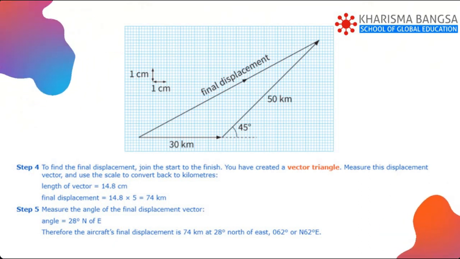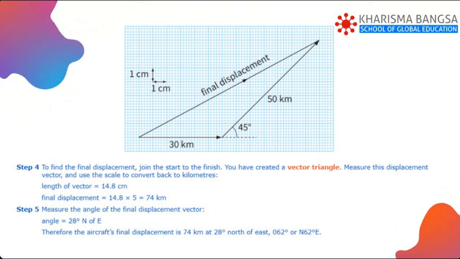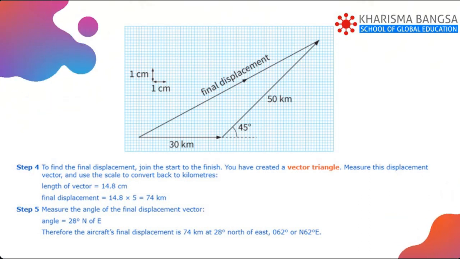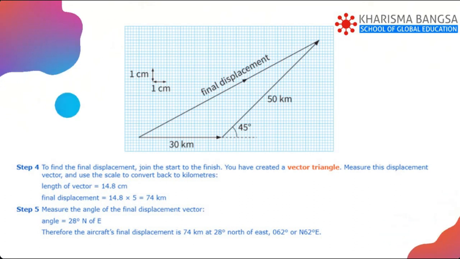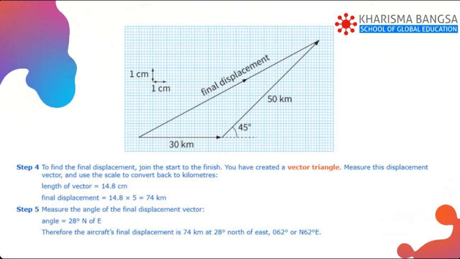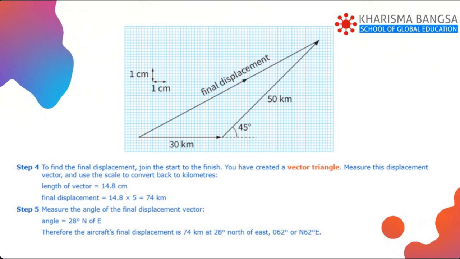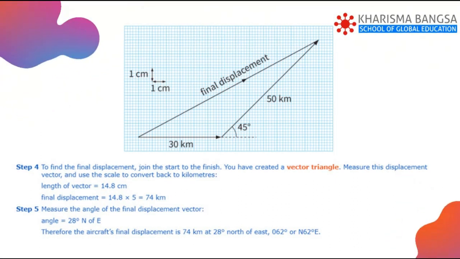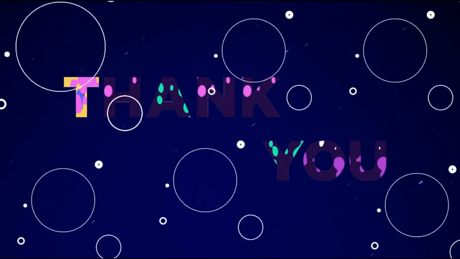The last step that we need to do is measure the angle of the final displacement vector. From the measurements, we can find that the angle is 28 degrees north of east. Therefore, the aircraft's final displacement is 74 kilometers at 28 degrees north of east, or 62 degrees, or N 62 degrees E. Since we have learned from the first topic and the second topic, we will now move to the end